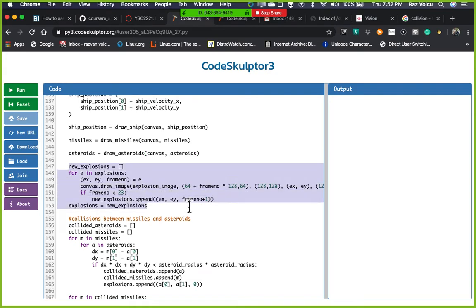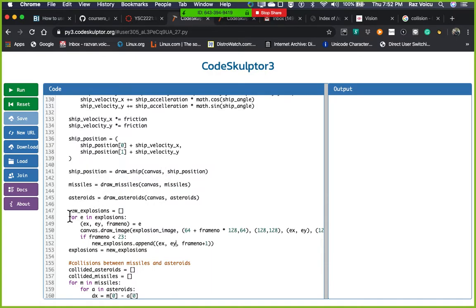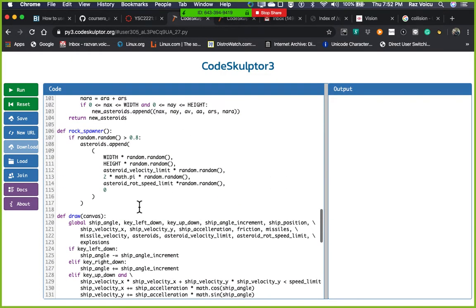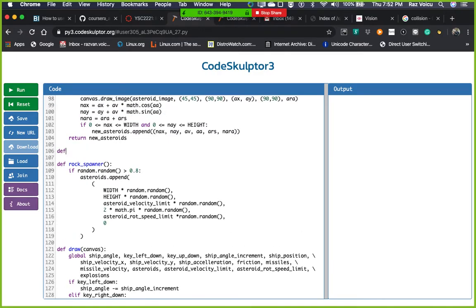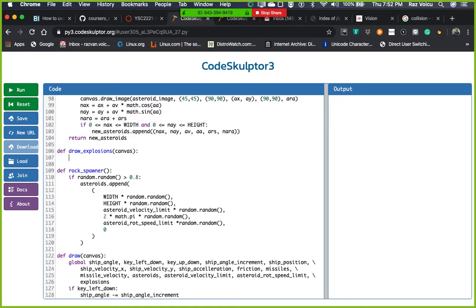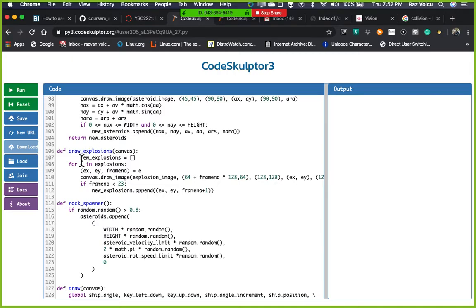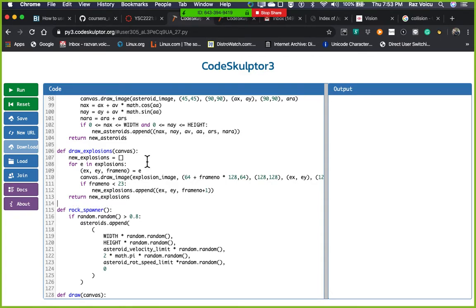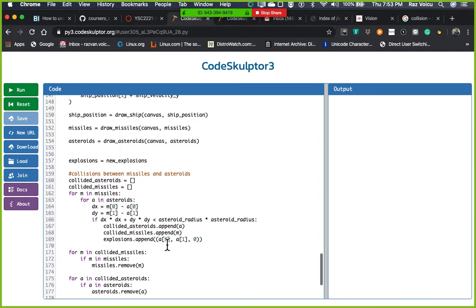The next thing we want is to take this one out. So exactly the same, draw explosions. I'm going to take this. Let me try to take it properly from here, Command X. And then we're going to say draw explosions. No matter what, I can't get it right. So we're going to have return new explosions. We also need explosions here. Yeah, and then we go back here and say